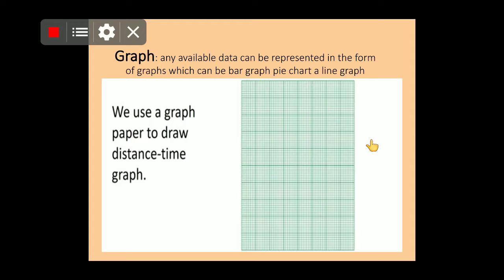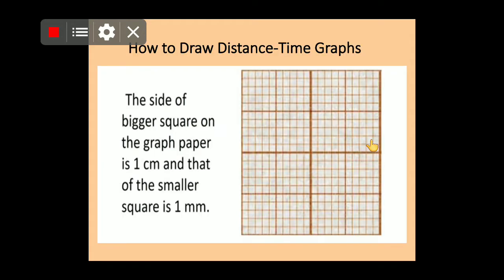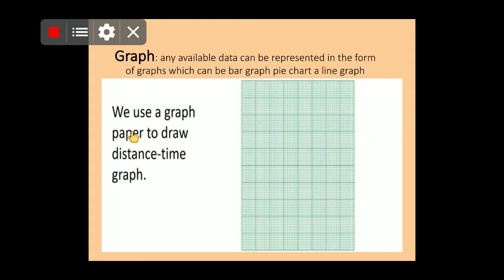So students, there are different kinds of graphs, and to plot a graph between distance and time, the line graph is the most suitable one. So now we are going to proceed further. Here, as you can see, first of all we use a graph paper to draw the distance time